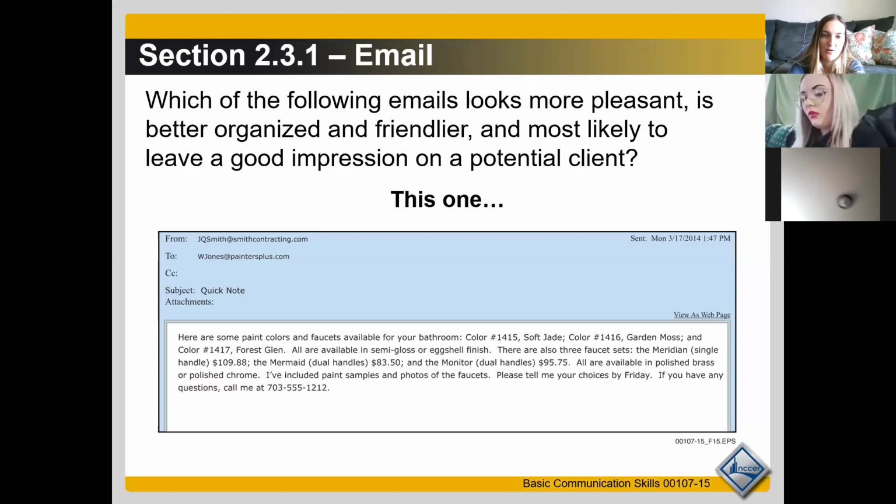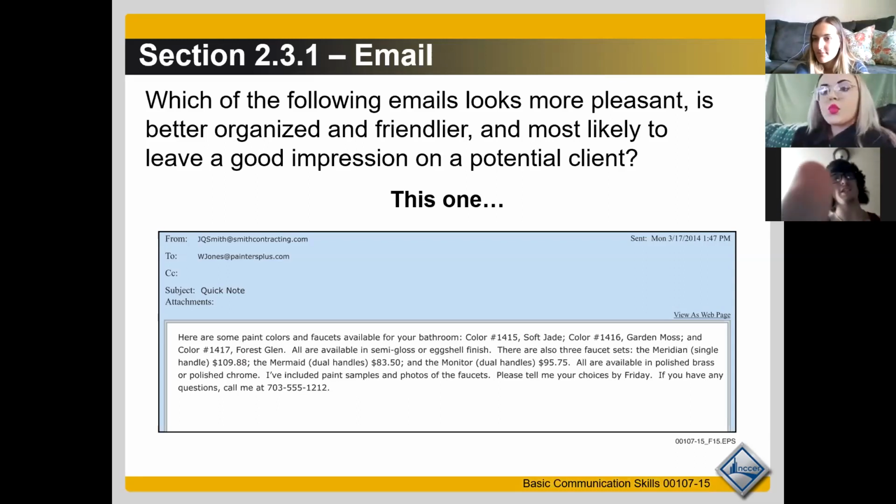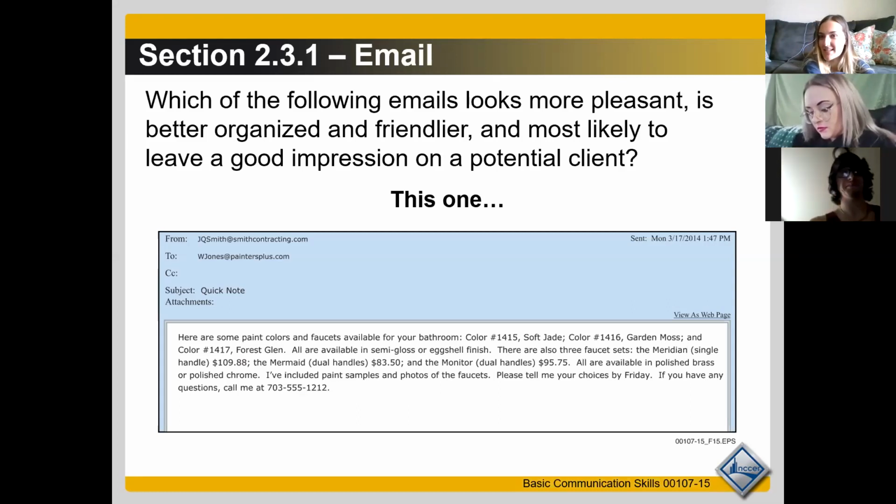Okay, so we're going to go ahead and talk about email for a second. How many of you guys have had to email somebody in your professional lives? Maybe an employer, maybe you had to email somebody to talk about scheduling an interview, something like that. Have you all had to email somebody in a professional setting? Oh yeah, I used to be in a CPS case, and that's the only way you can talk to them. Definitely. So you've had to be pretty professional emailing back and forth with the CPS worker. Yeah, that's definitely a time where you want to be professional. You're right about that.